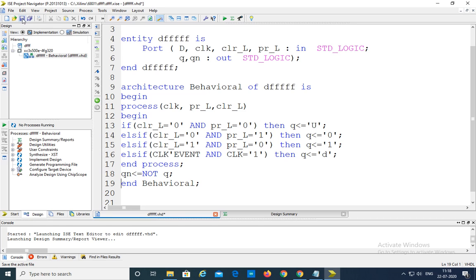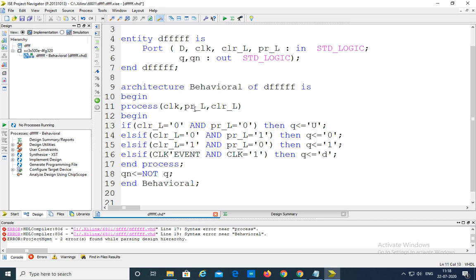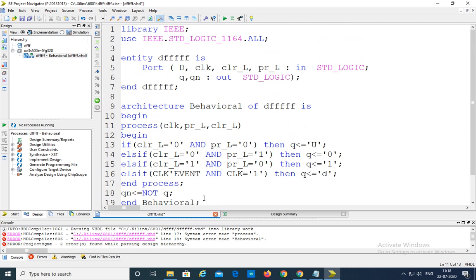So now I am saving this program and there are some errors here. 17th line end process, 19th line, architecture begin.